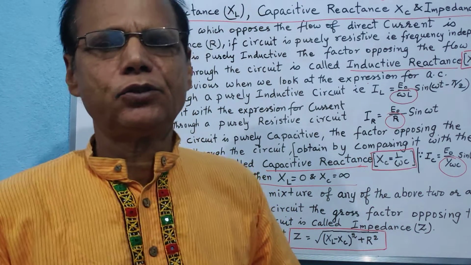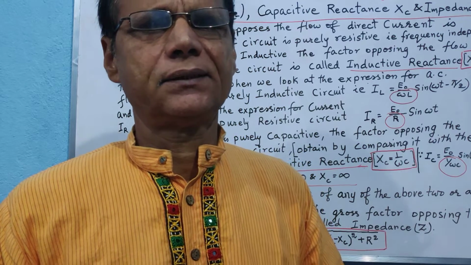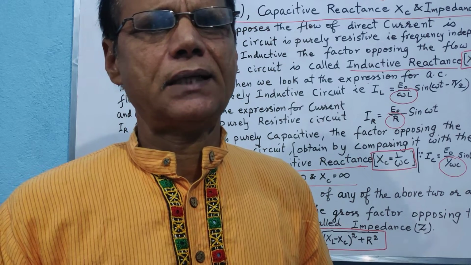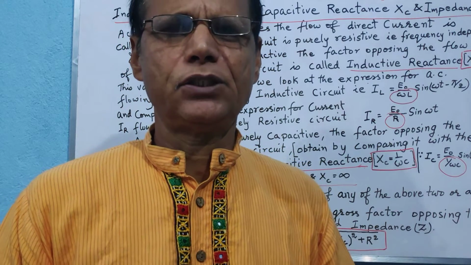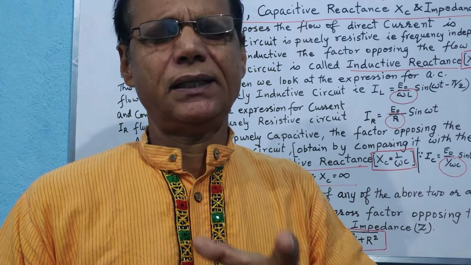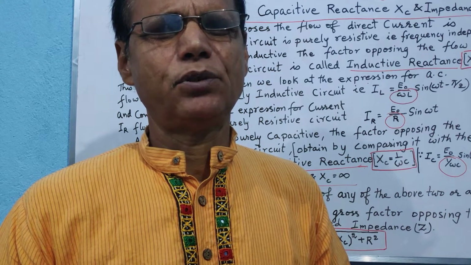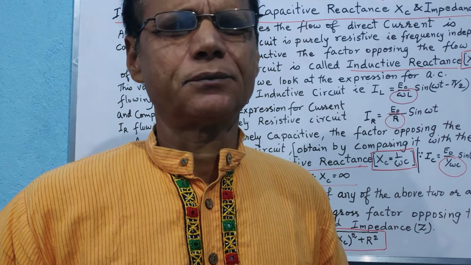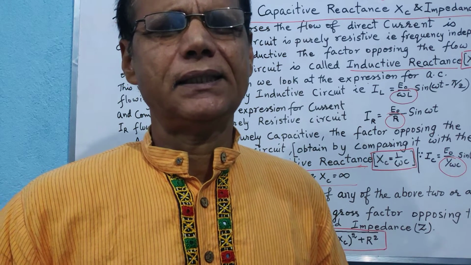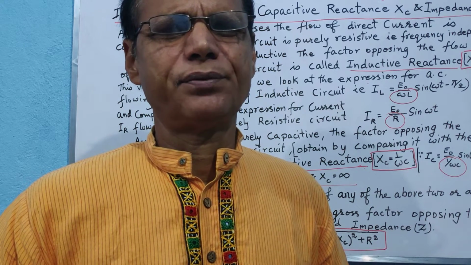Hello students, today we are going to learn about a new type of opposition to the flow of current. We are all acquainted with the ordinary type of opposition to the flow of current, which is known as resistance. Resistance is an indicator of the amount by which the circuit is opposing the flow of charge through it. Higher is the resistance, lower is the current, meaning lower will be the rate of flow of charge per second.